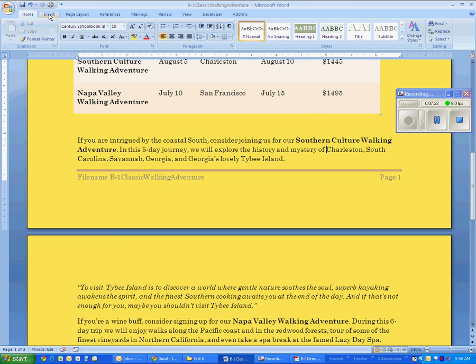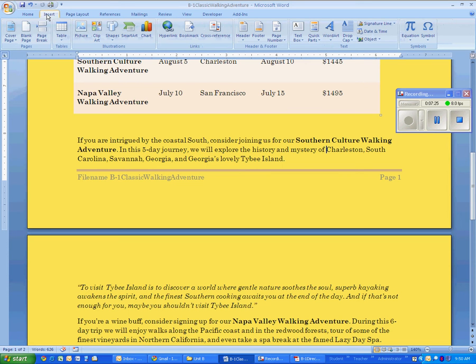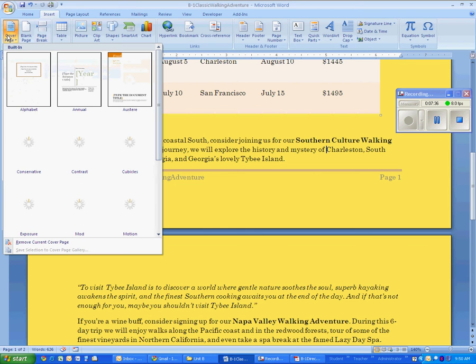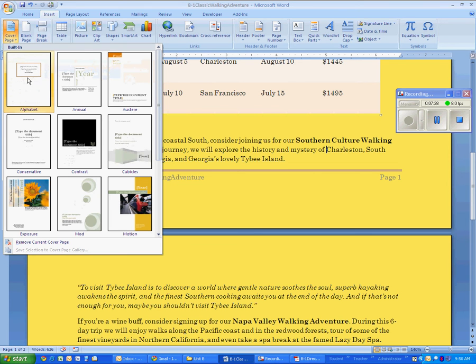So come up to the Insert tab, and since we're inserting a cover page, it'll be under the Insert tab. And way over on the left-hand side is the cover pages. So click on that, and you can see your different options for different color pages. If you recall, the footer we chose was the alphabetic footer. So we're going to choose the alphabetic cover page to be consistent. So go ahead and choose alphabetic,